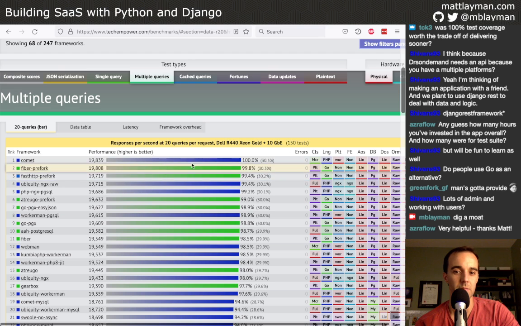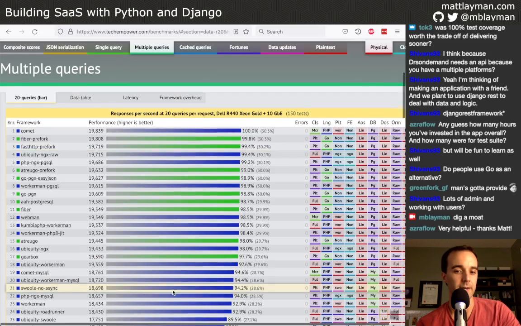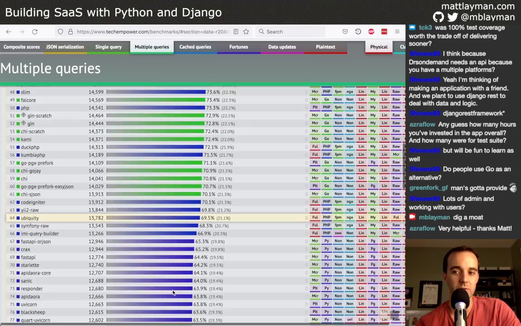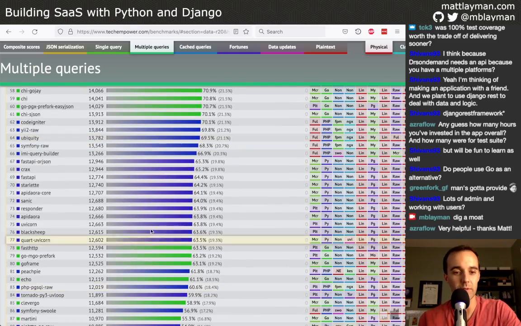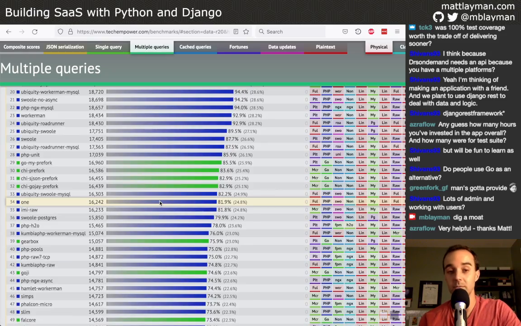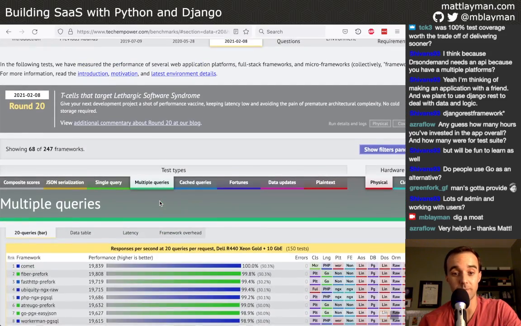And you get these numbers of what comes out on top. How's this stuff do? And this is pretty interesting if you want to look at how Go stacks up. If you compare it to Python, at least from a performance perspective, it stacks up really well, which is great for Go.